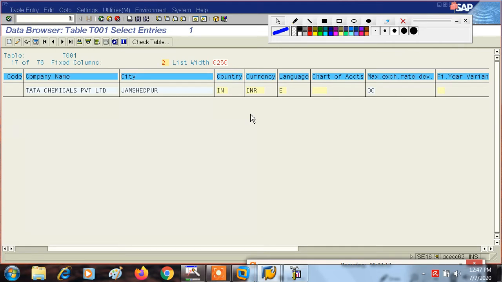I have told you that even if you do any customization or configuration, but if you don't give any linkage between the company code and that setting, then how does the system know that this customization is related with this particular company code? Since we have not given any kind of linkage between these two things, that's why this has not been updated over here. So let's come out.